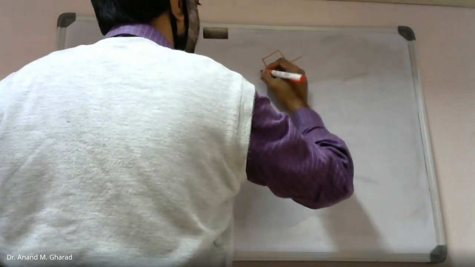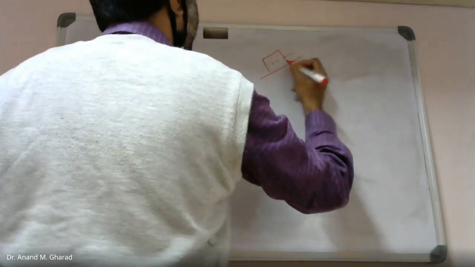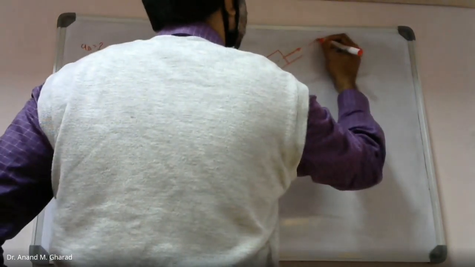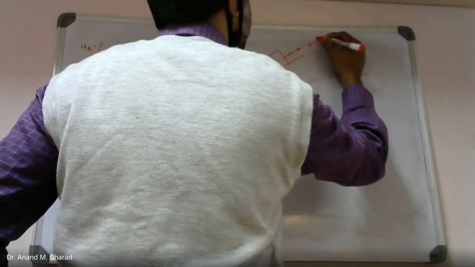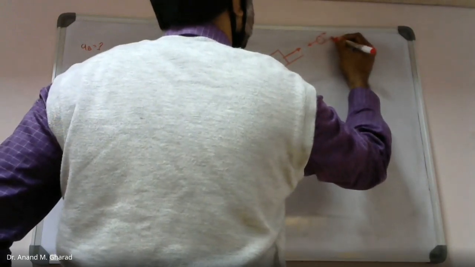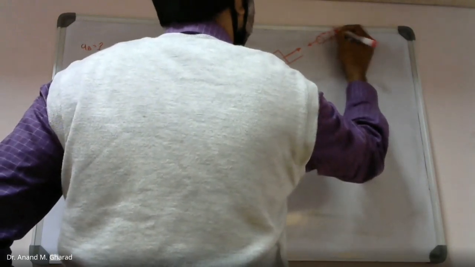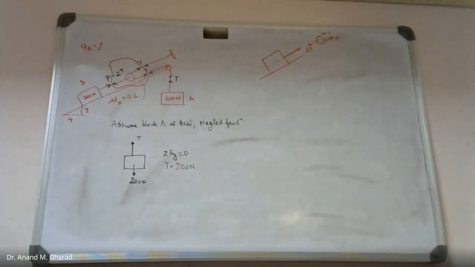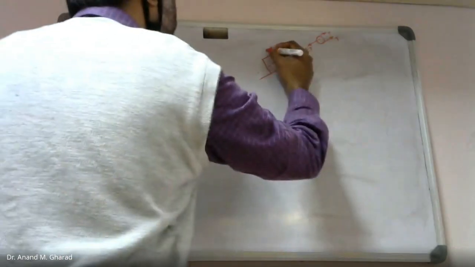There is no friction right now. Okay, and I will draw the free body diagram for the pulley system as well, just for your understanding purpose. I have told you, it will be like this, right? Then